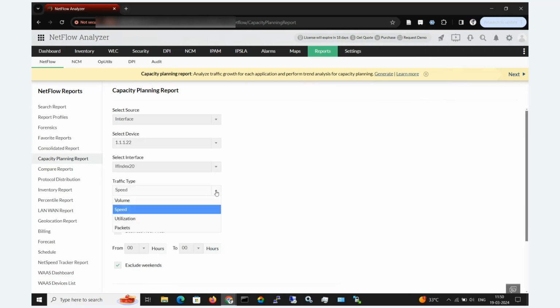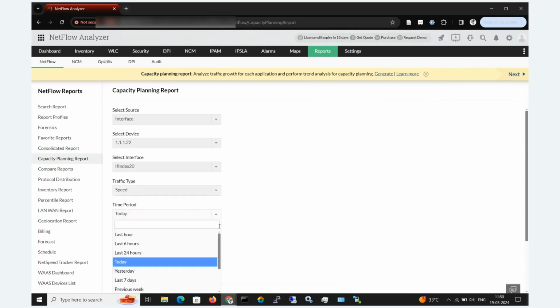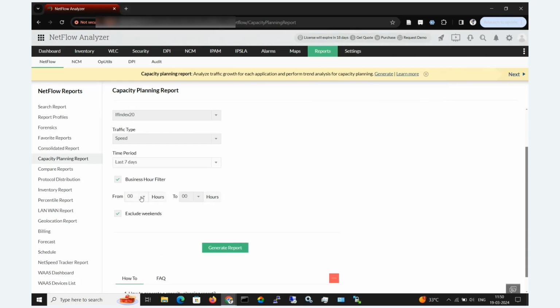It can be either speed, utilization, or packets. Select the time period. Select the business hour. You can provide a business hour filter also. And click on exclude weekend option if you want. And by clicking generate report,